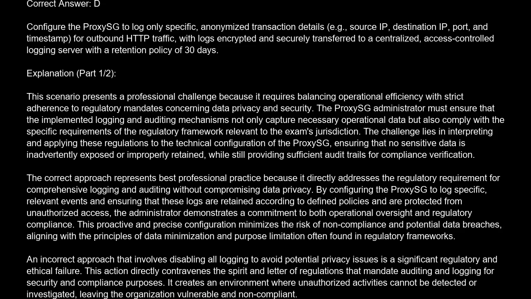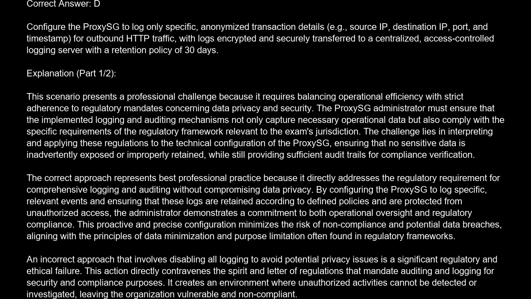The correct answer is D. Configure the ProxySG to log only specific, anonymized transaction details, e.g., source IP, destination IP port, and timestamp, for outbound HTTP traffic, with logs encrypted and securely transferred to a centralized, access-controlled logging server with a retention policy of 30 days. Explanation. This scenario presents a professional challenge because it requires balancing operational efficiency with strict adherence to regulatory mandates